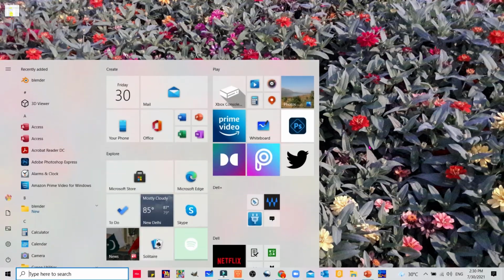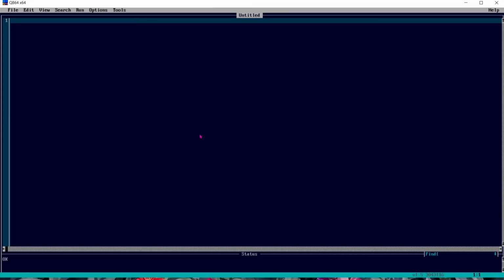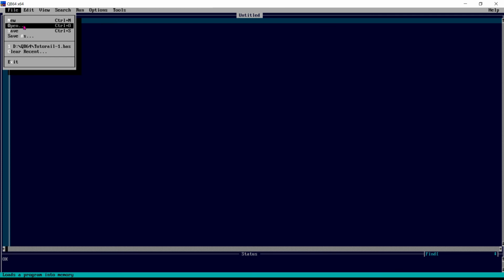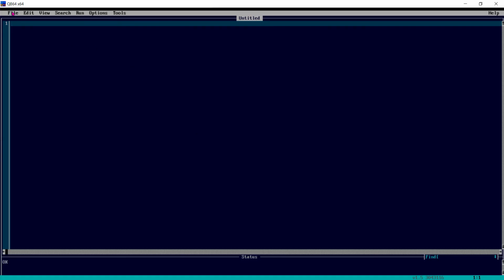Now how to open? We have seen how to save. For that, what we have to do is go to File, Open, or you can see here some shortcuts.